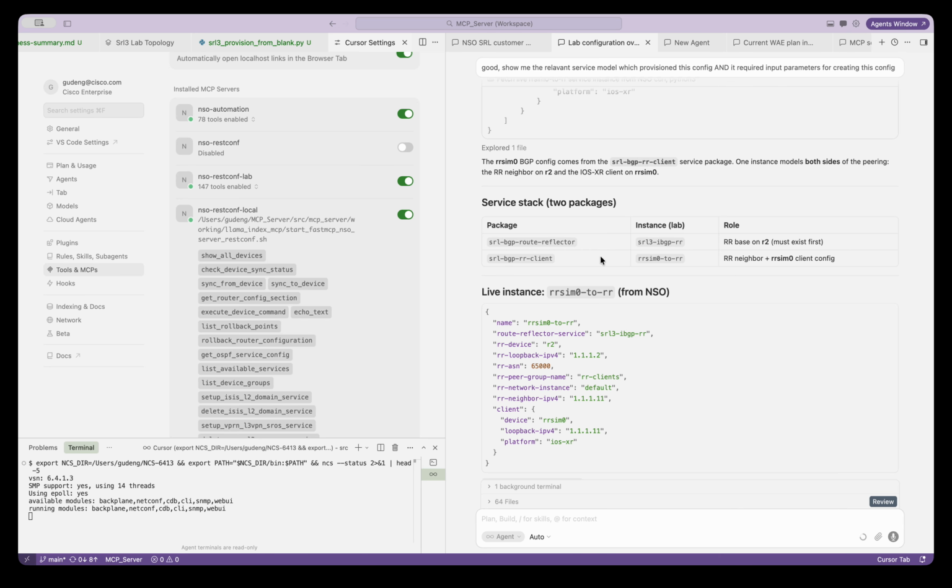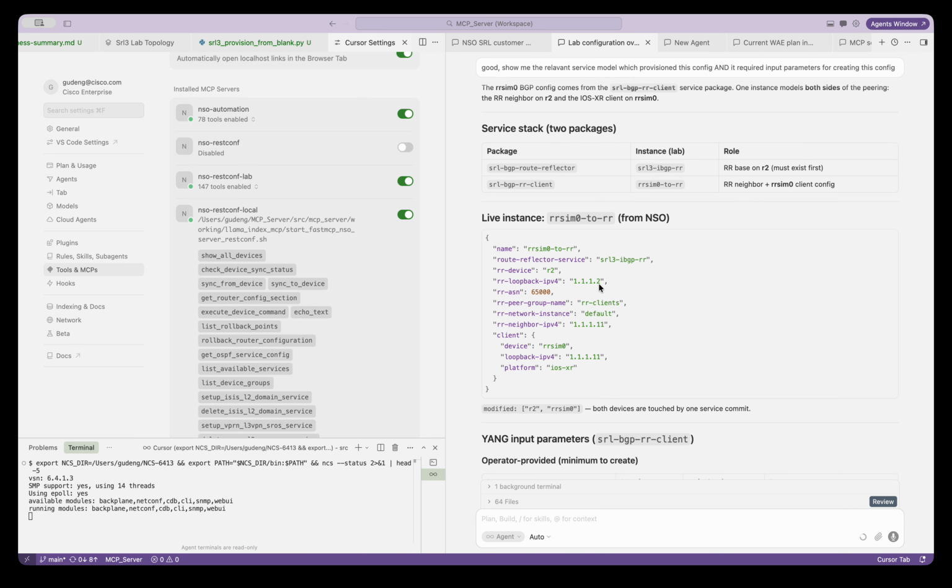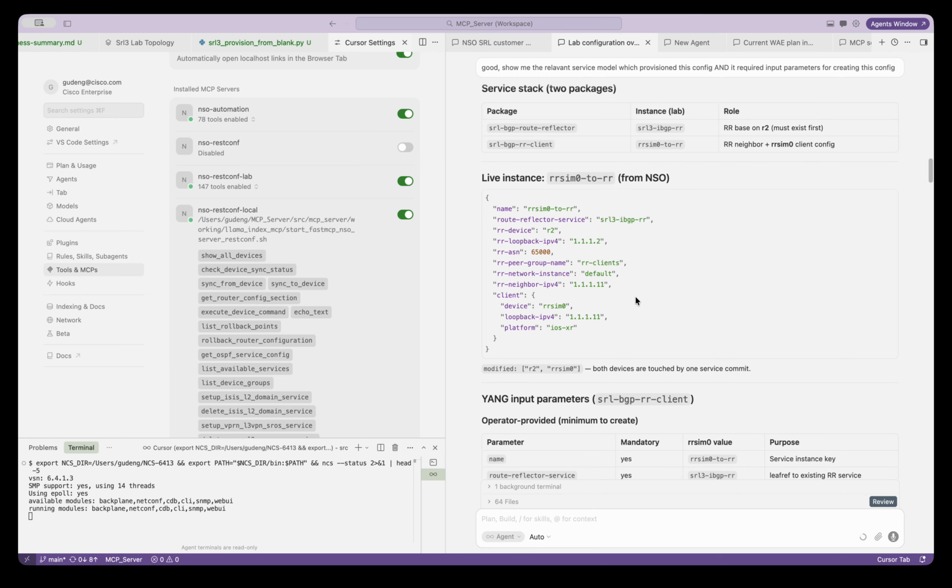Then this is basically what you need to input in the service model. It models the config. You see, this part is just the reflector and this part is the client. For whatever number of clients you have, it will just deploy those.